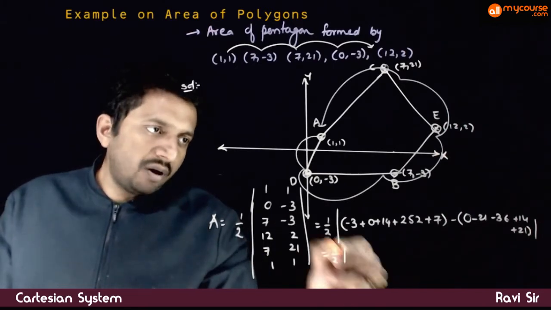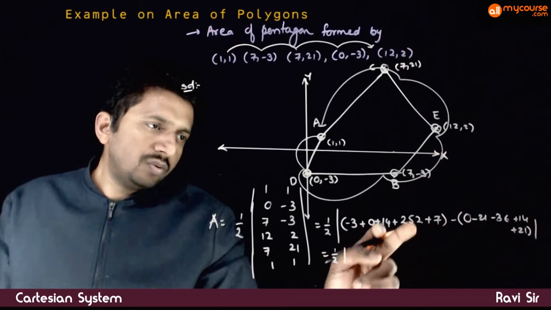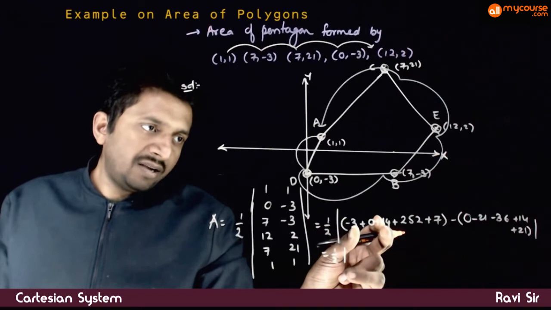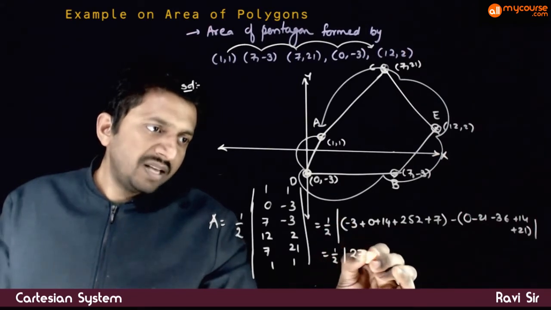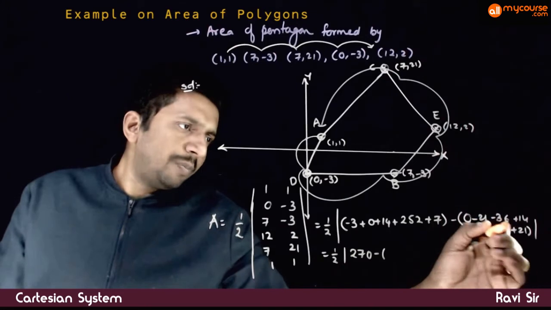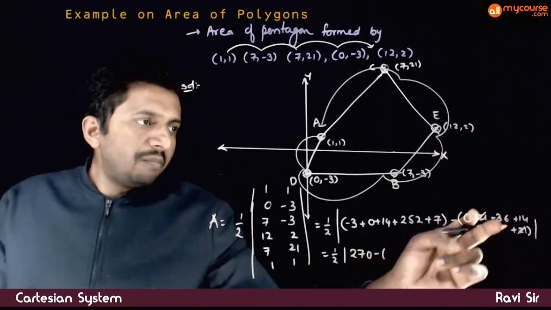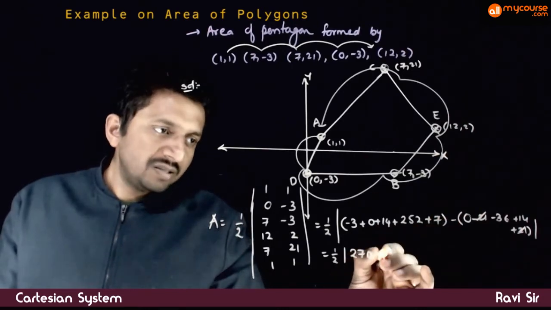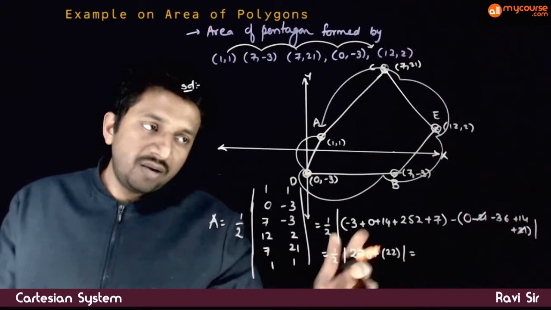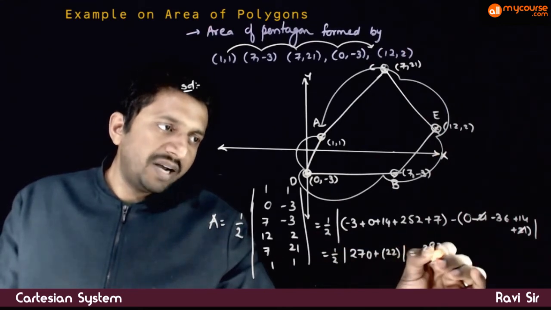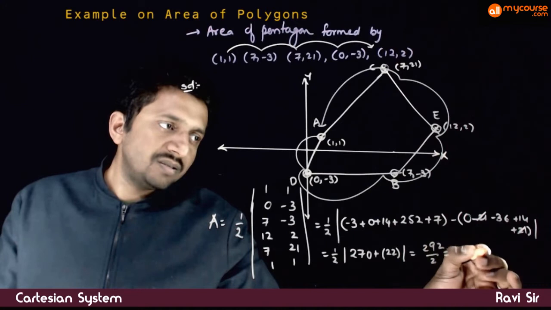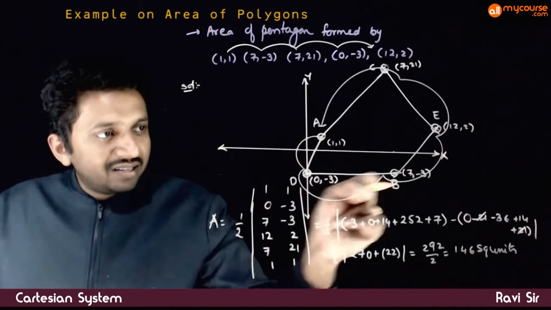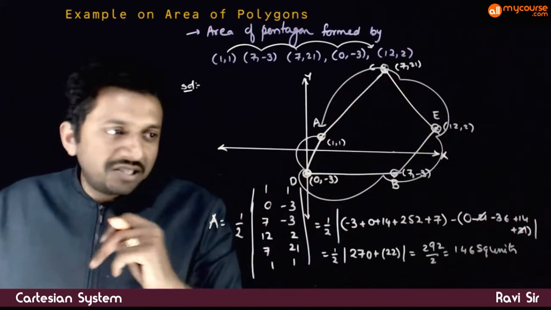That is equal to half of 252 plus 7, 259 plus 11, 259, 260 is 270 minus of, so plus 21 minus 21 gets cancelled, minus 36 plus 14 is minus 22, minus of minus is plus, so plus 22, that is equal to 292 by 2, 146 square units. So as we have discussed, if you take the points in the counterclockwise direction, the number that